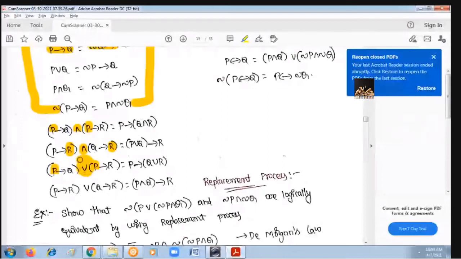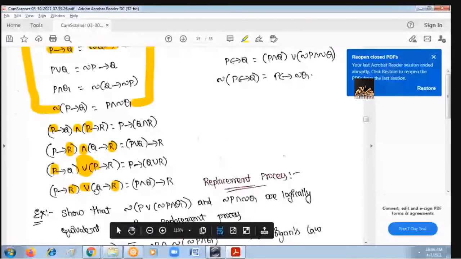Similarly, whenever the conclusion is same, instead of the hypothesis, then what happens? This disjunction will change to conjunction. So it can be written as P and Q tends to R. So these are all the logical equivalences on conditional statement.